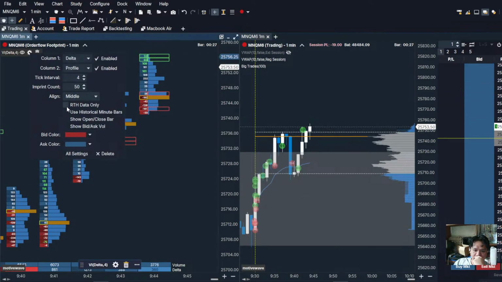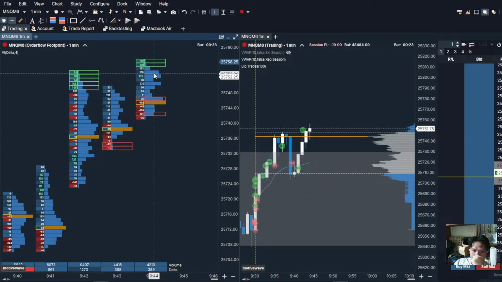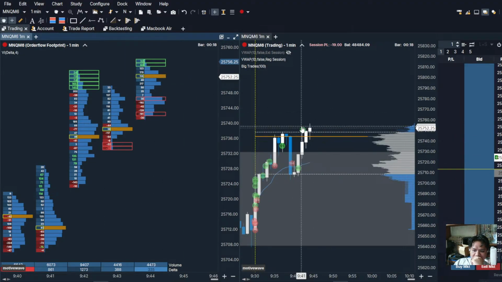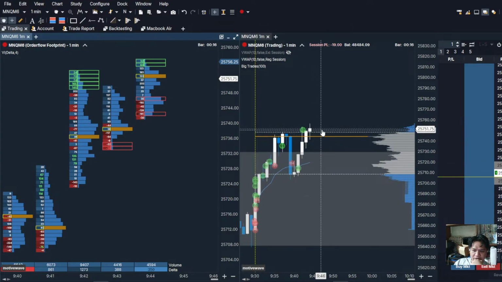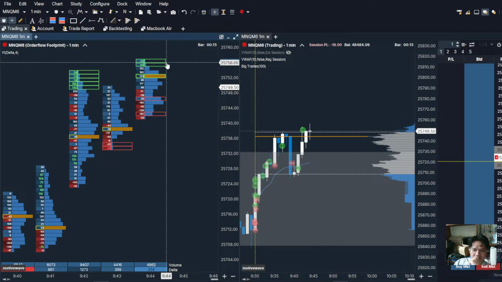By the way, let's use RTH data. It looks like buyers are stepping in still. No, I said it too early, guys. Got absorbed again, and now we're still showing some form of